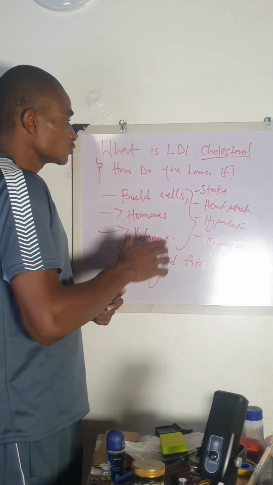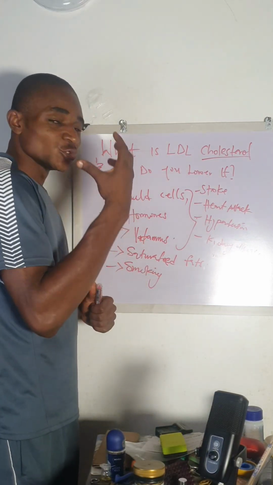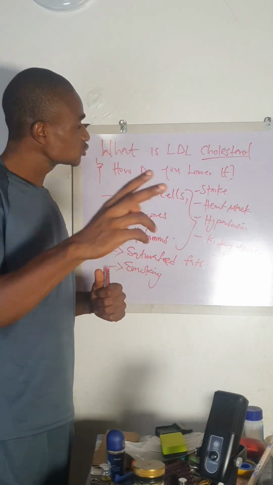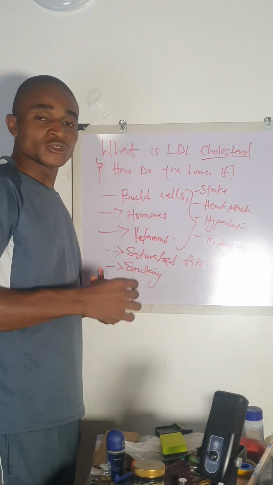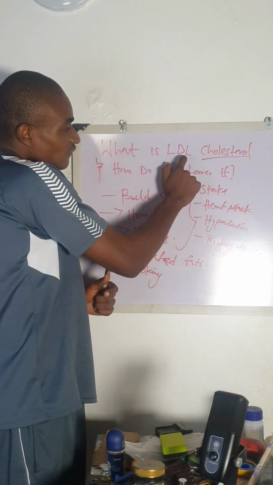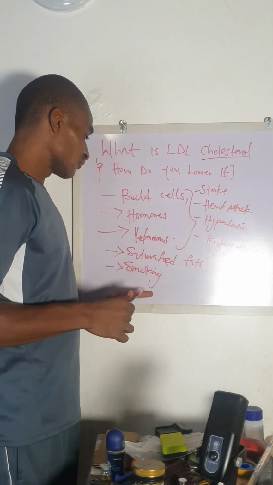Another thing you want to do, and that is very rampant recently, is smoking. Smoking contributes to increasing low density lipoprotein cholesterol and reducing your high density lipoprotein cholesterol, which is the good cholesterol that helps to clear up this bad cholesterol from your body through the liver. So tobacco smoking, any form of smoking, can increase the level of low density lipoprotein cholesterol in your body. So you should avoid smoking.